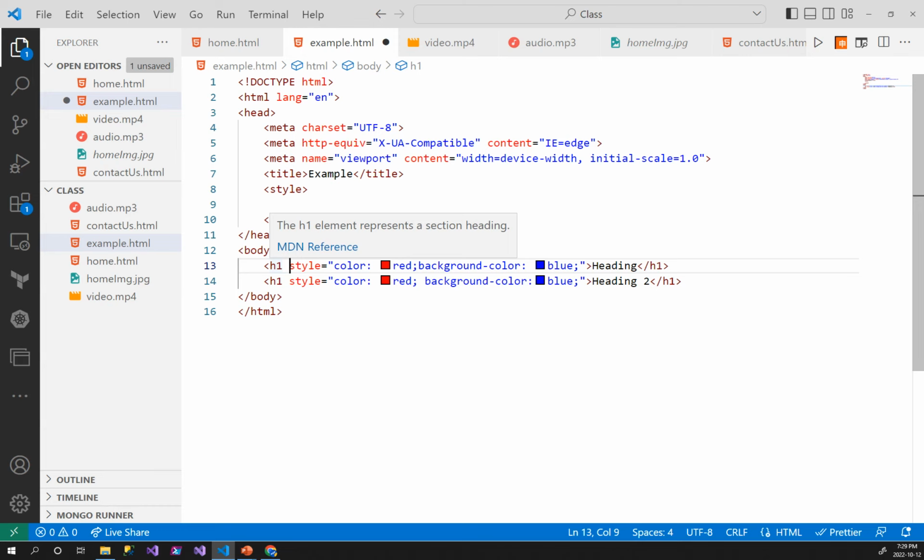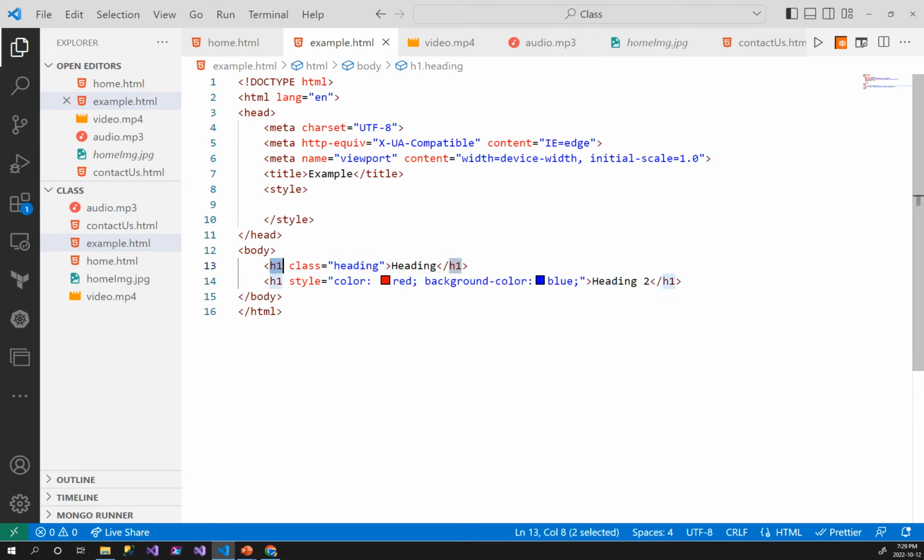Okay, so let's try adding a class to this h1 element. So we just have to write class, the class attribute, and then we're going to type the class name. So let's say heading. Okay, so this element's class name is heading, right? So now we want to add a style to this element that has the class name heading. Okay, we're just going to type dot. Okay, so dot tells the style, because we're writing in a different language now,